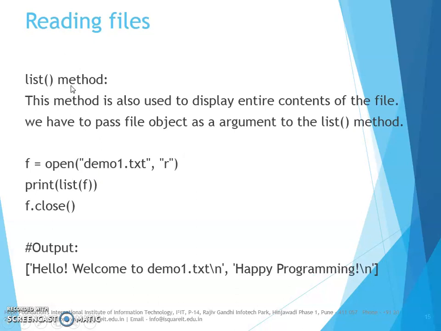One more method is there, that is list. This list method displays the entire content, that is all the contents from the file. All data is displayed by using the list method. To the list method we have to pass the object as an argument. So we are opening a file in read mode and we are printing list of f. So this object we are passing as an argument here. This data will be printed as a list, this is the first line data and this is the second line data, even with the new line, that is enter. If you are pressing enter, then it will display it as a new line character \n.